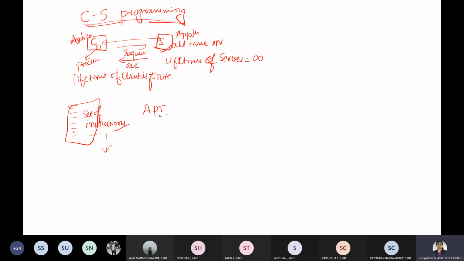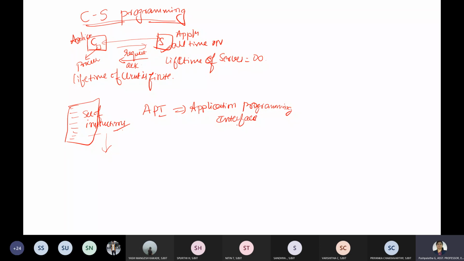So probably you may now be clear what an application programming interface is.